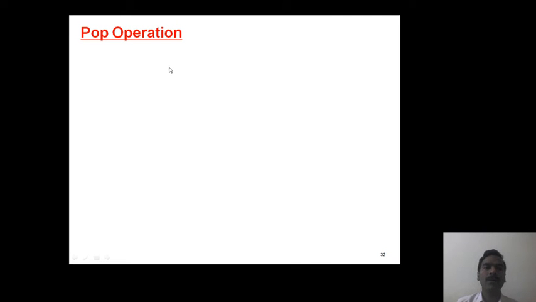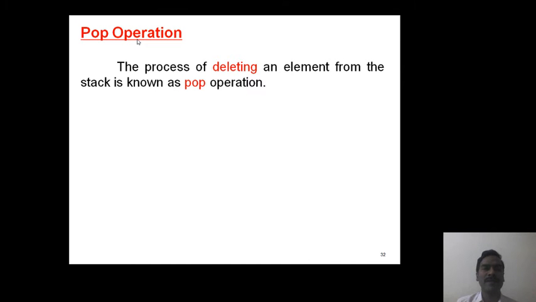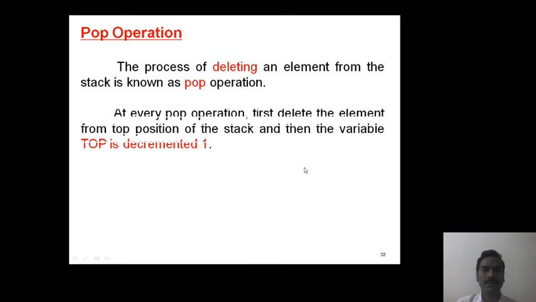Second operation, pop operation. Here pop operation refers to the deletion operation. The process of deleting an element from the stack is known as pop operation.